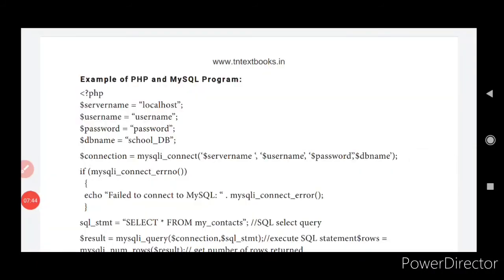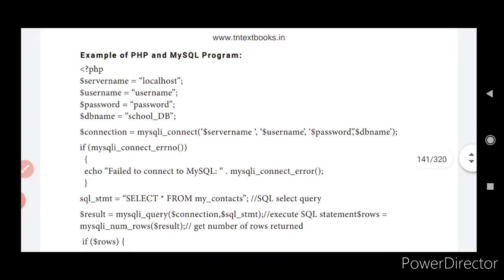This is a sample code which is actually used for retrieving two records from a student table, which is present in a school database. Fine. So what do we do here? First we have defined all the variables: localhost, username, password, DB name. We had an argument in our connection. So as usual, as the connection is established, we will write the connection code.